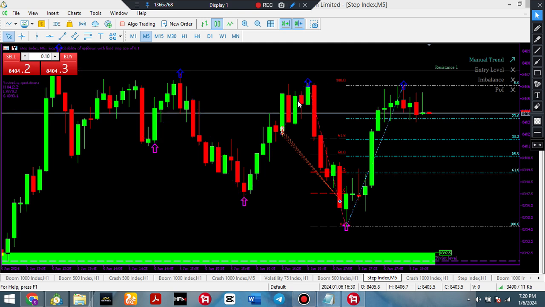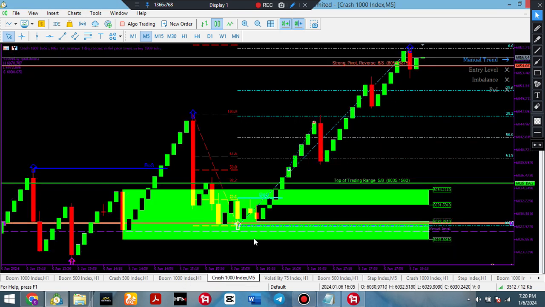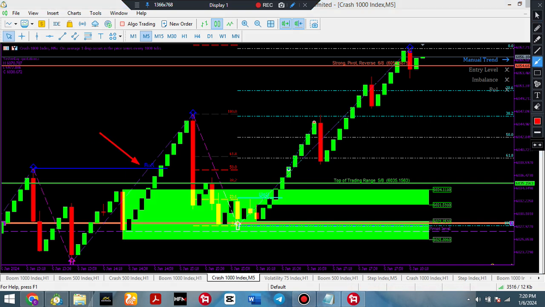So now let me take you. This thing happens in the volatility indices, the crash. Even on here, you can see I took a trade here on the M5. And let me just quickly give you a reason why I took that trade. There was a break of structure here, which created this other block. So when price came in and price